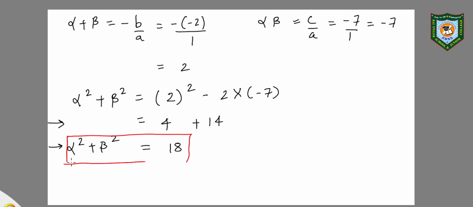For alpha cube plus beta cube, you similarly have to use the same concept and same rules, but instead of using this formula, you have to use the formula for a plus b whole cube. Now, moving on to question number 7,